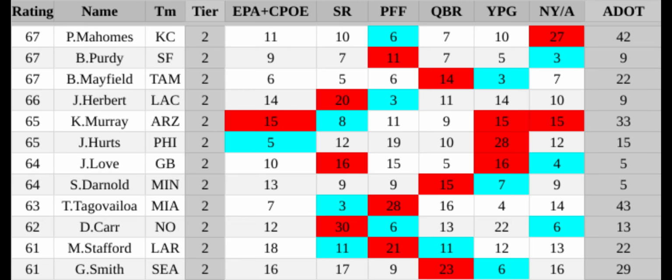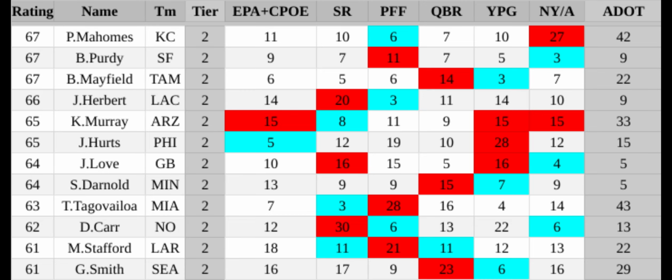So Hurts definitely had some things that don't really go noticed by conventional stats, but overall, he wasn't the greatest in PFF grade in particular. That's the main thing that was working against him in this measure.